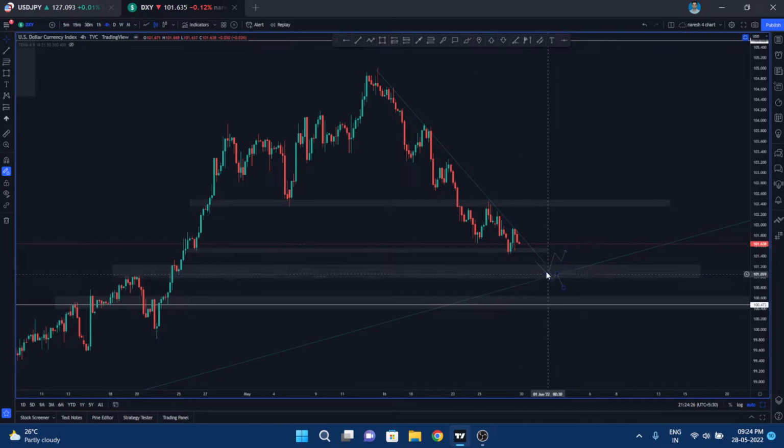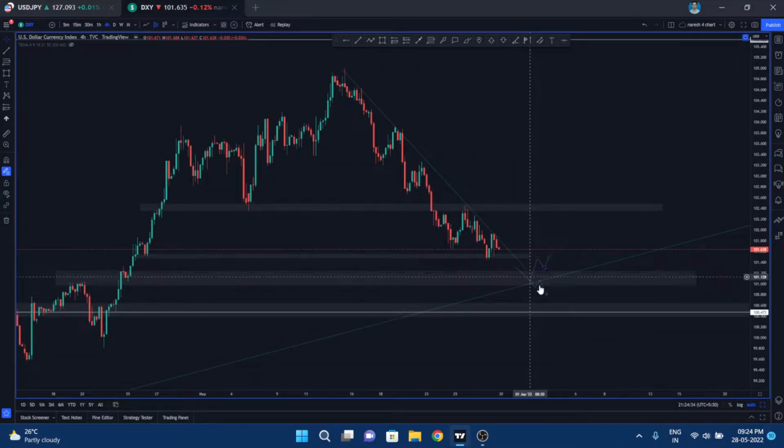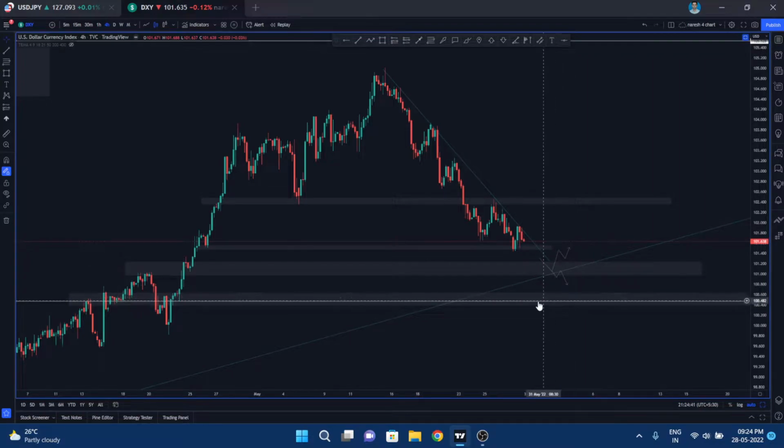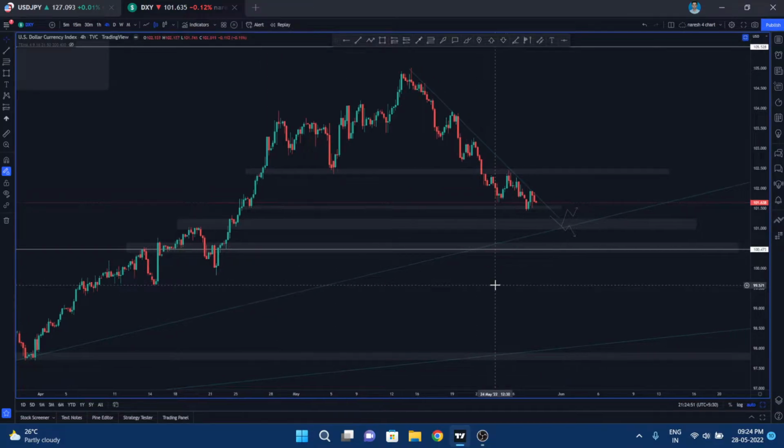If it is not holding the level and if it is breaking down near this trend line, you can look for short entries from there. So that would be my analysis, guys. If it is holding this level, you can look for long entries after an engulfing candle, or if it is not holding this level, you can look for short entries down here. Okay, and be careful, guys, it is an important support and we had a big move after this area, so trade carefully at this level as well.